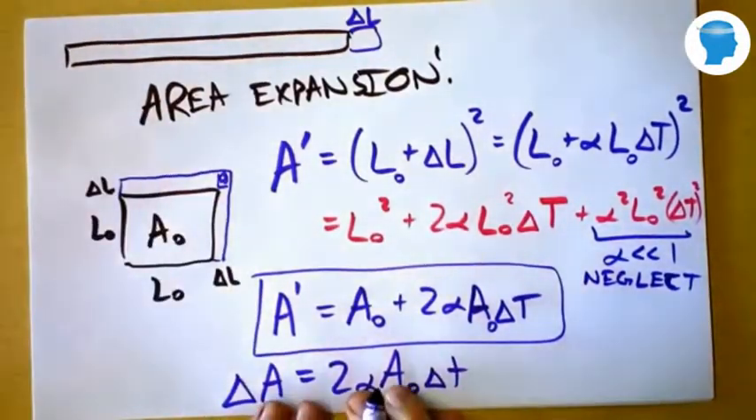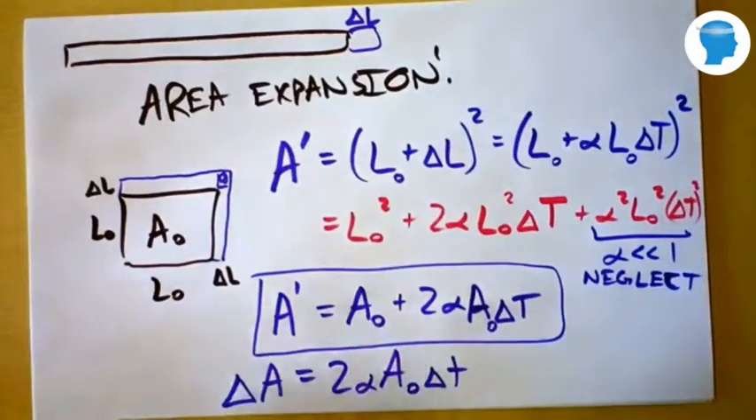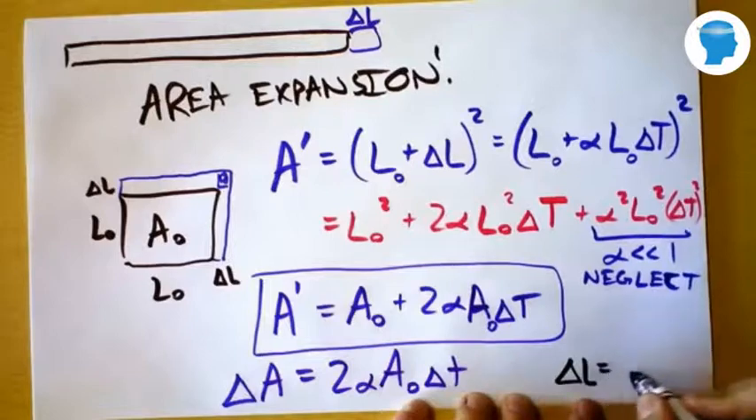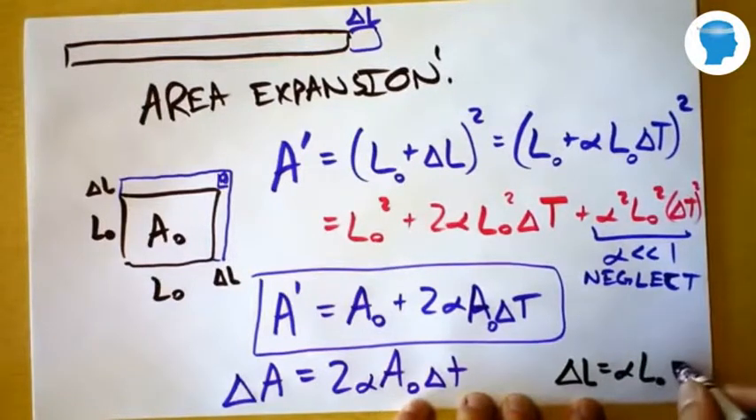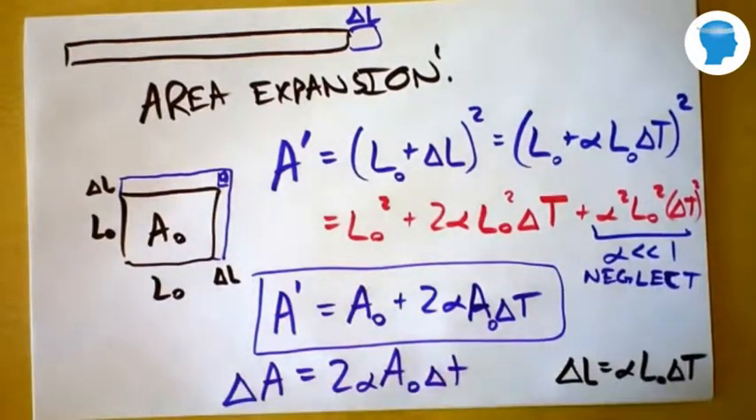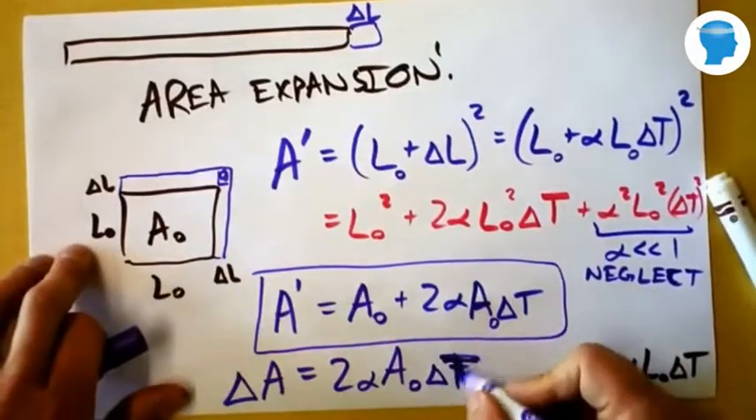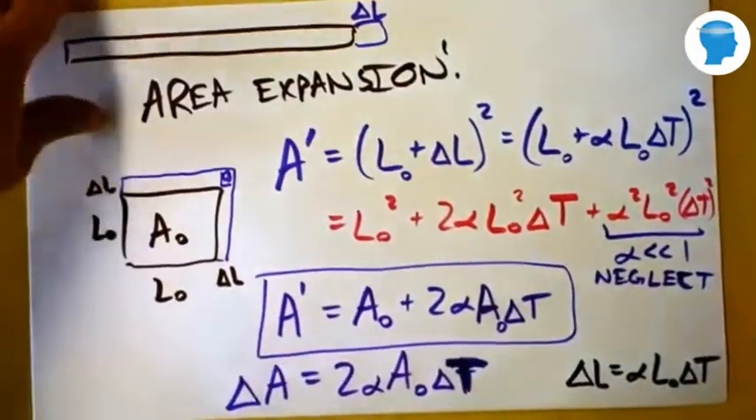And this is the equation that's analogous to our length equation, but there's a 2 in it. Let me remind you that change in length is alpha L naught times delta T. Wow, that should be capitalized. Make sure you capitalize that. Finally,